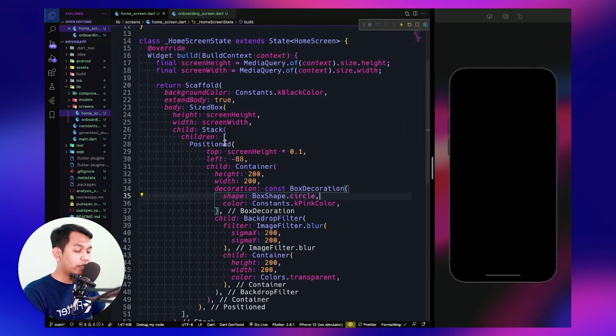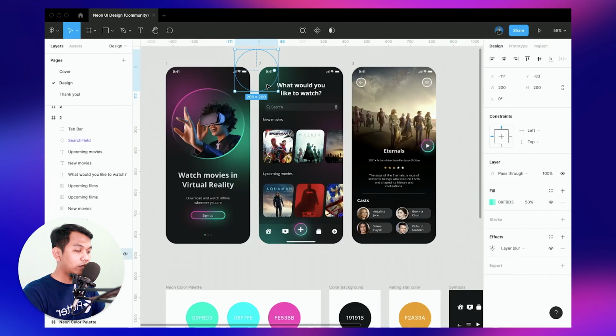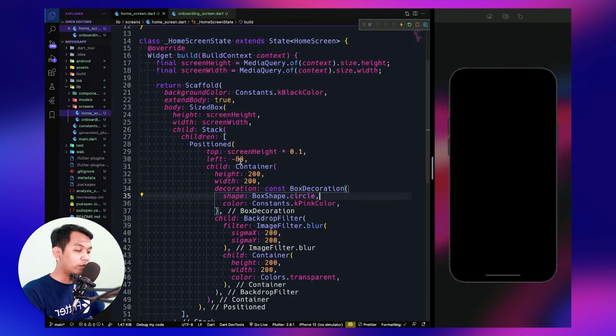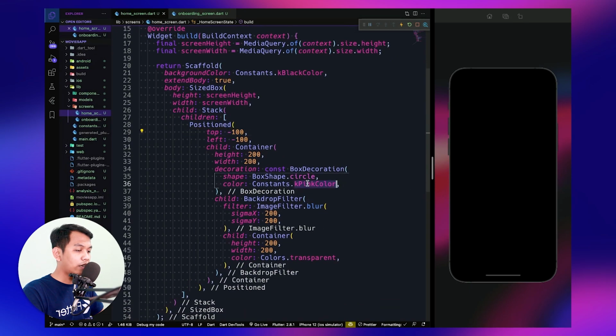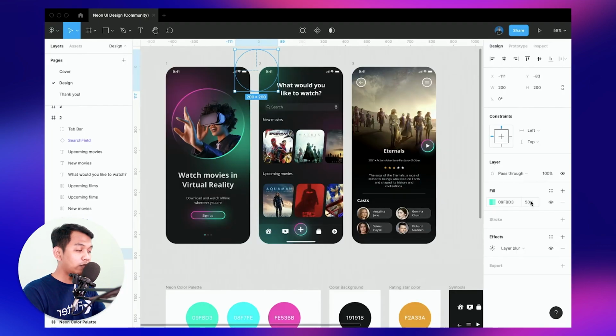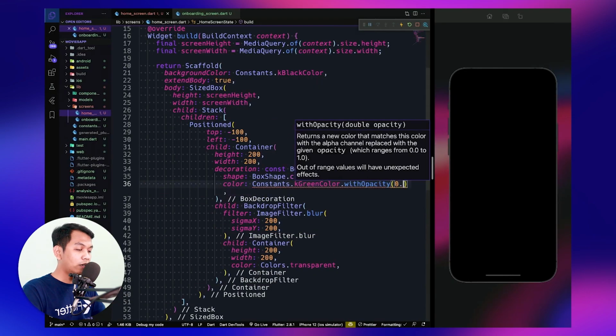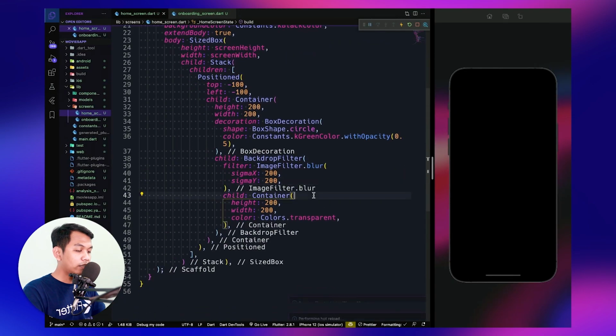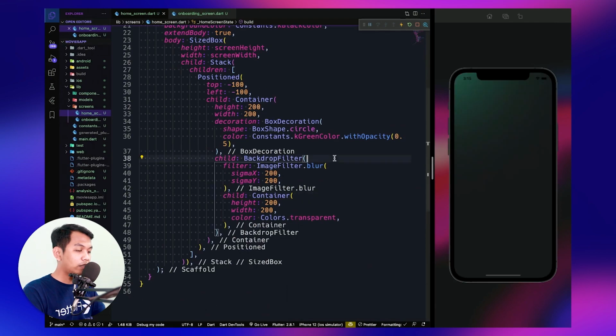And the important thing is we need to change this top and left. So from this design, we can assume that our ellipse's negative margin is half of the 200. So here, left is minus 100 and top is minus 100. As simple as that. And we just need to change the color to be green. And when we check this, we can see the opacity is 50%. So we say opacity 0.5, look like this, and just restart, and we can see the first one we